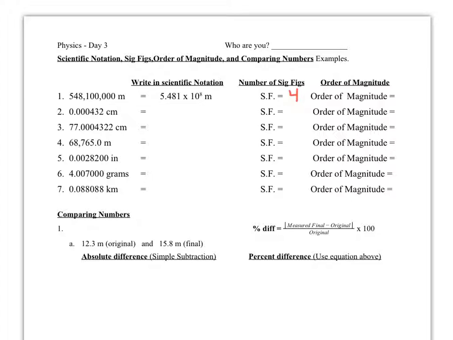Then I'll do all of them. Here we go. I'll get the right pen for myself. So 4.32 times 10 to the negative fourth centimeters. Next, 7.70. This is a lot of sig figs because all those zeros count, plus the final numbers 4, 3, 2, 2, times 10 to the first centimeters. I'm a little bit out of room. 10 to the first